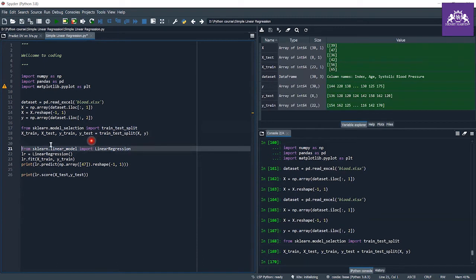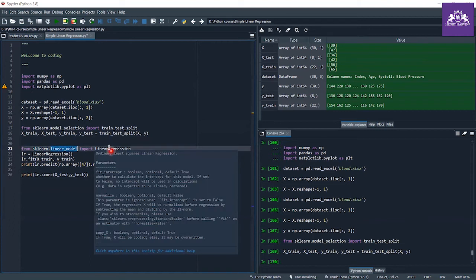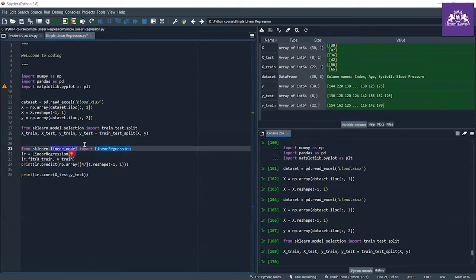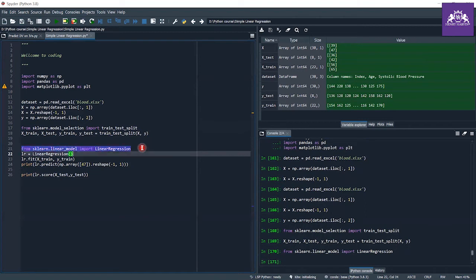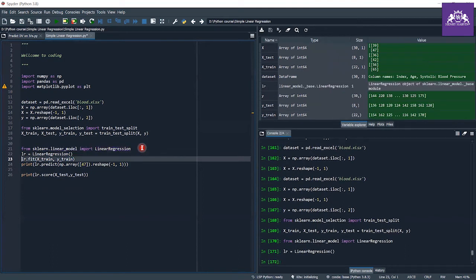After this, from the sklearn library, the scikit-learn library, from the module linear_model, I import the LinearRegression class, which is used to make the model for this linear regression algorithm. And I make an object of this LinearRegression class.